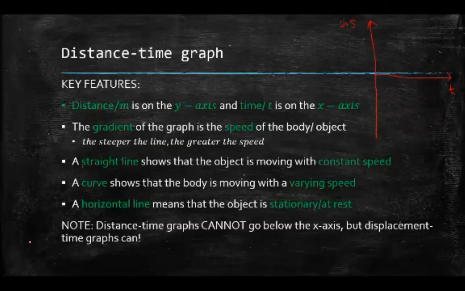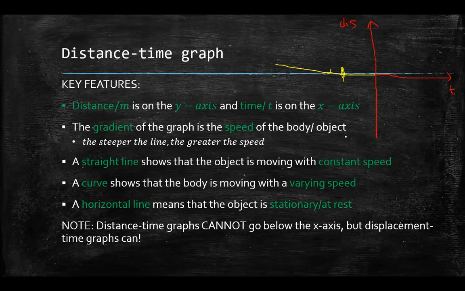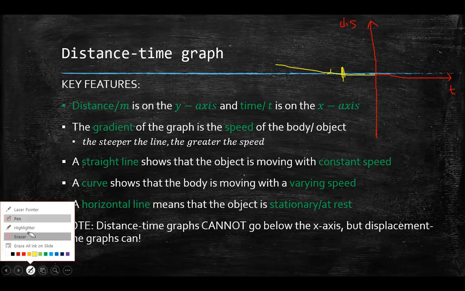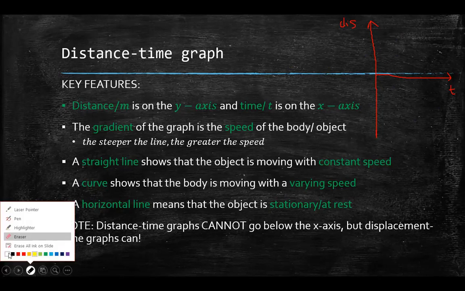For all of these graphs, you would never, ever cross this vertical axis and get a value somewhere here. Why? Because it's time. You cannot have a negative time. Time is a scalar quantity. And that just does not make sense. So you would never cross this y-axis. But it is possible to cross the x-axis, the displacement. So for distance, not displacement, for distance, my graph